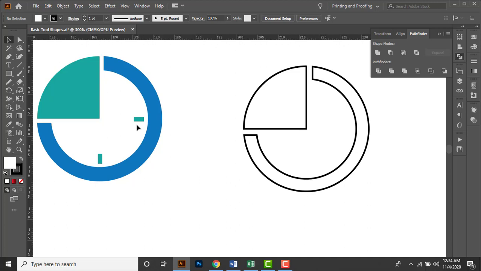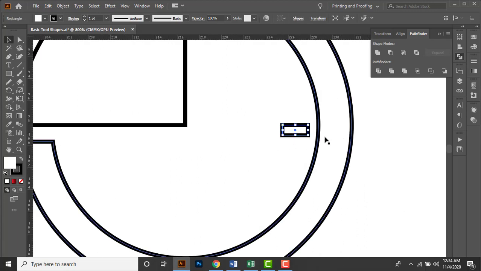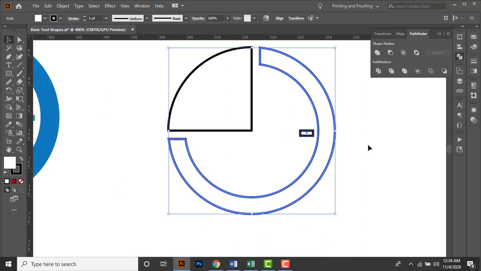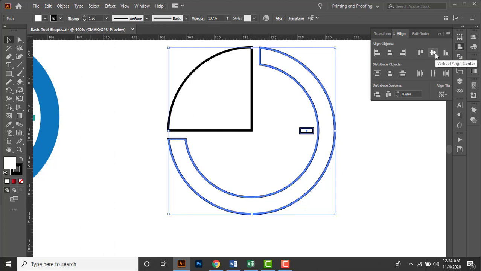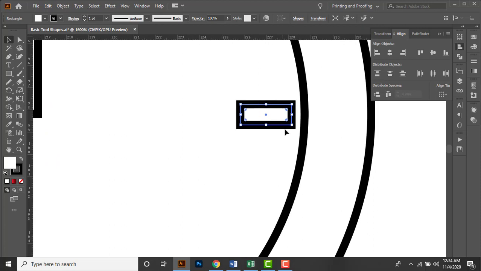Now let's make this tiny rectangle. So with the rectangle tool, let me draw a rectangle like this. Then I'll select both rectangle and circle, and then click again on the circle to activate it as a key element. Then from the align panel, click vertical align center. So guys, if you want, you can tap right arrow key to balance it. Okay,